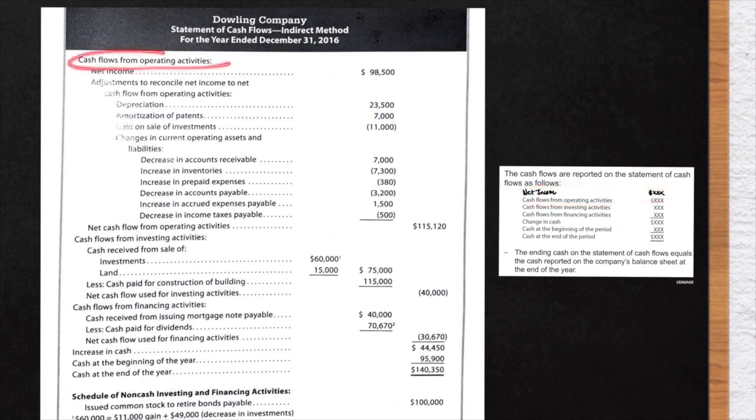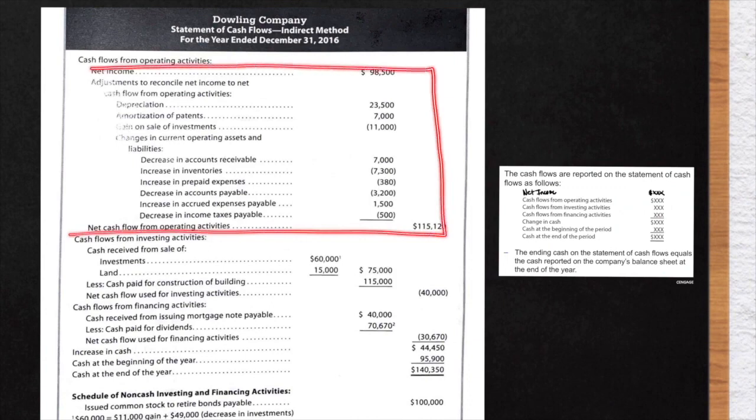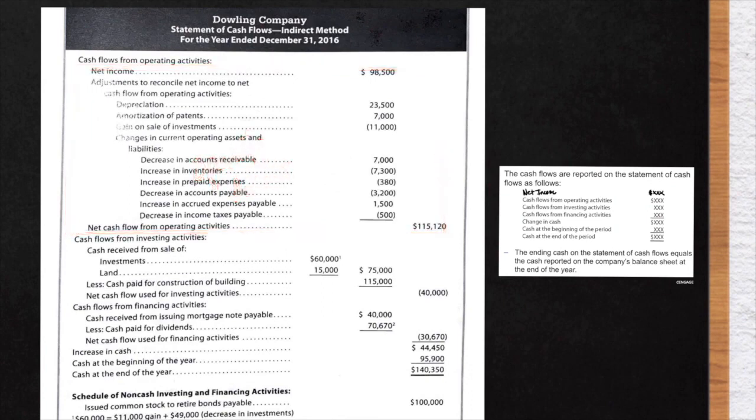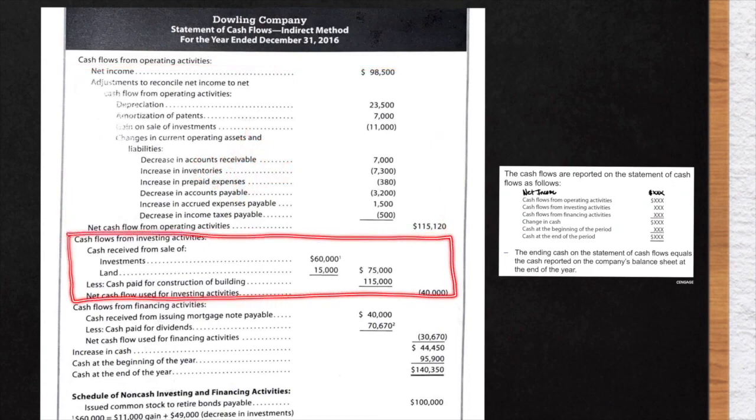So let's first talk about the operating activity section. Again, that's the very first section. Here's an example from the textbook, from an older textbook actually. This is cash from operating activities, and you always start out with the net income. You pull that amount from the income statement. And here it is. These are your operating activities. And as soon as you get that in order, you add and deduct. So this is operating activities. And if you see that $115,120, that is your total operating.